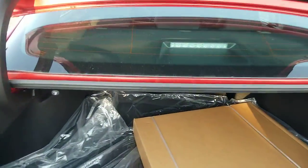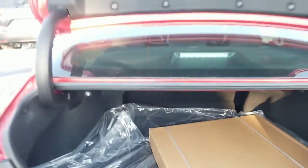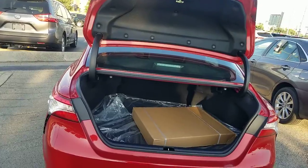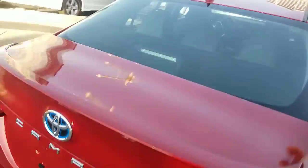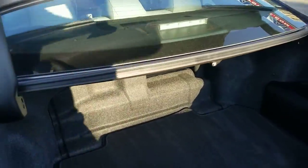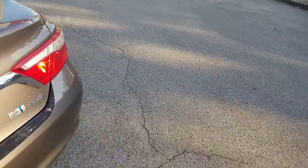So by doing that, you actually have no trunk space loss between the Camry hybrid and the Camry non-hybrid. And I'm going to go ahead and show you that. What I'll do here is go over to our used Camrys, and I might as well walk there with you guys, so I can keep telling you about